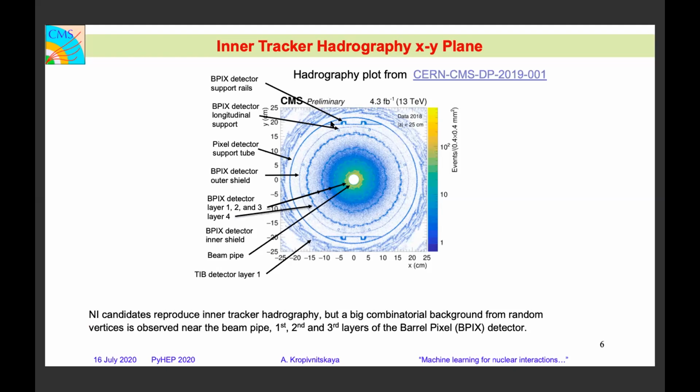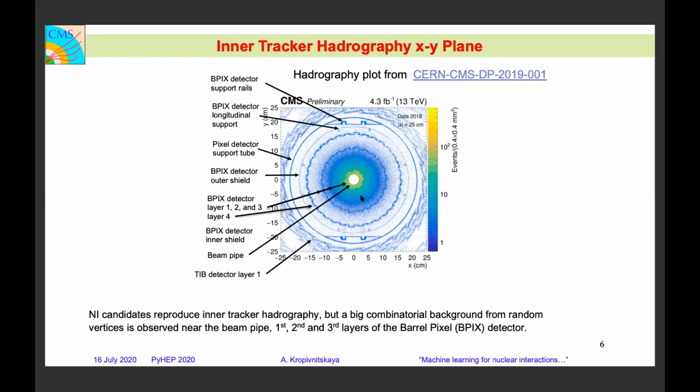I would like to draw attention to the fact that the rails have no cylindrical structure. They are horizontal plates at the top and bottom of the detector. We need to know this in the next slides. So as you could see, we could reconstruct the detector really well with nuclear interactions, but we could see that